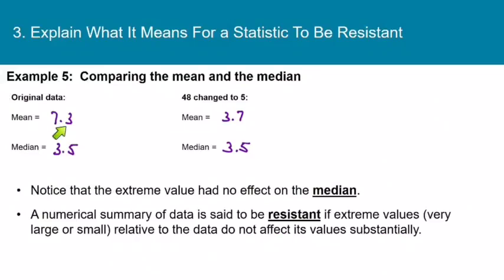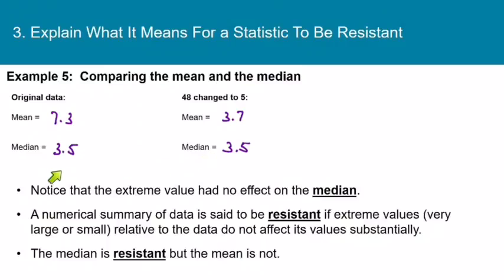Now I've copied onto this slide the numbers that we had on the previous slide, and again notice that the extreme value of 48 had no effect on the median. The extreme value did affect the mean. Removing the 48 caused the mean to change quite a bit, but the 48 did not have an effect on the median. So a numerical summary of data is said to be resistant if extreme values relative to the data do not affect its values substantially. So the median is resistant because the presence of extreme values does not affect the median very much,